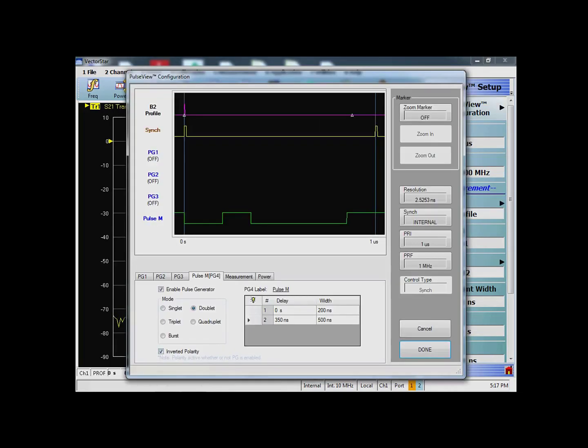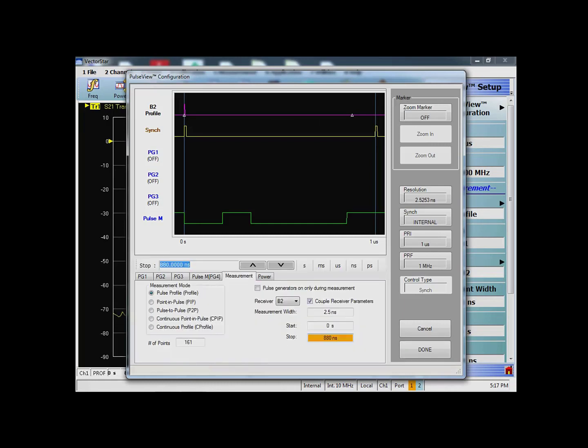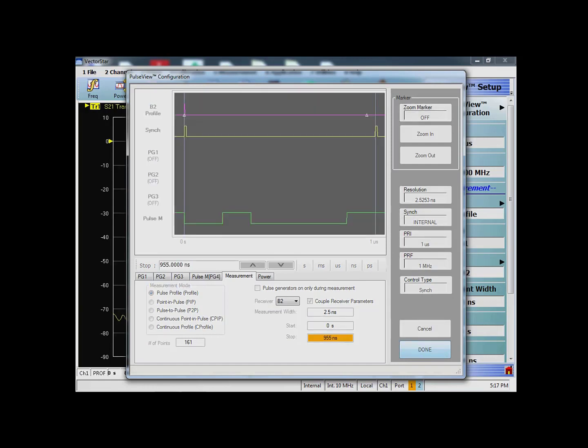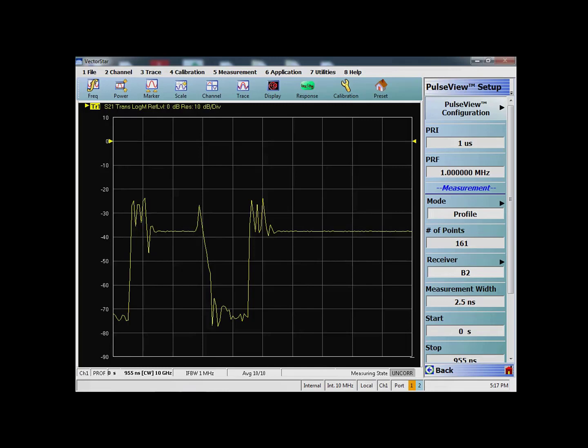We go back here, and instead of the measurement stopping at 880 nanoseconds, let's do 1 microsecond, or maybe say 995 nanoseconds, so that we are covering the entire thing. Or maybe you can reduce it a little, and let's say, okay, now this should be good enough. Yep, and I say done. Although I should have calculated the number of points, it's just to show you how quickly and easily you can configure the pulse modulation using our